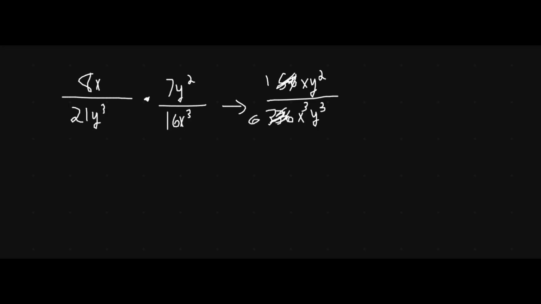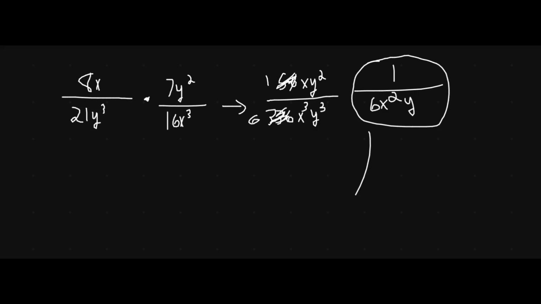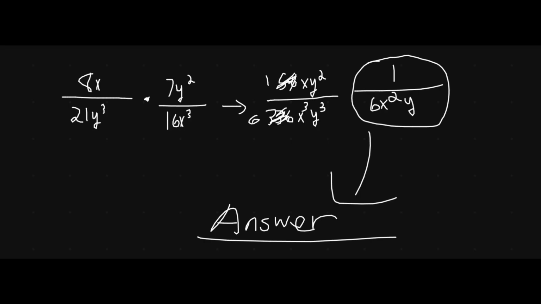So now we can move this. So first we move these two down. So it would just be 1 over 6 x squared y. That's our answer because we don't need to worry about finding these undefined. So that's our answer right there. So yeah, it's pretty simple, but